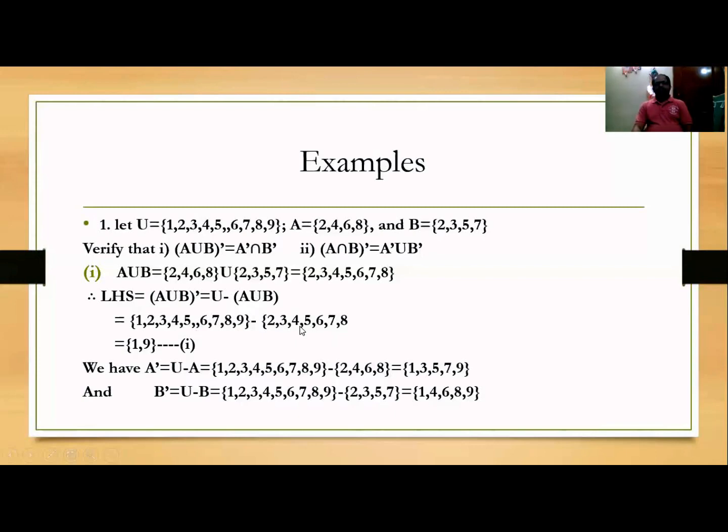What is the difference of these two? Difference of two sets is nothing but, suppose it is U minus A union B. So it will be the set of elements which are present in U but not in A union B. That is the difference, one of the operations on two sets, right? So here we can just ignore or delete the elements from the set U which are not in A union B, right?